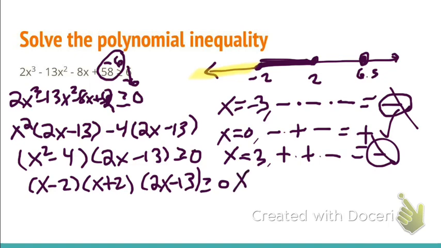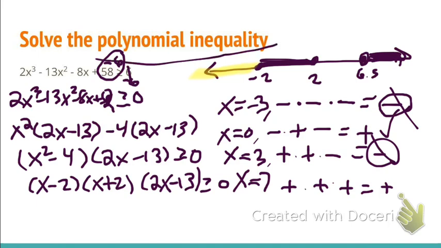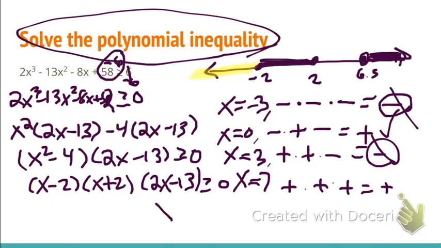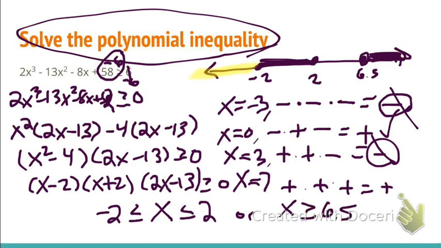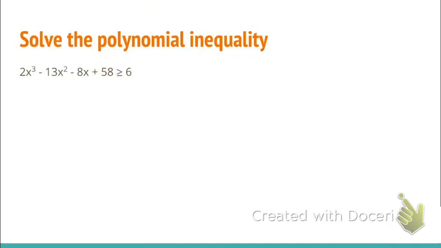So let's try one more. X equals 7 would be a good one to plug in. That would give us a positive times a positive times a positive, which is positive, which means every x value on the interval greater than 6.5 would give you a positive output. So our final answer, the solutions that would solve this inequality, would be any x coordinate less than or equal to 2 and also greater than or equal to negative 2, or an x value greater than or equal to 6.5. And we can confirm this by looking at our graph,